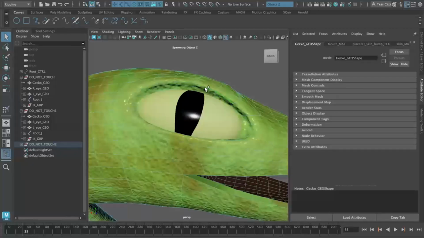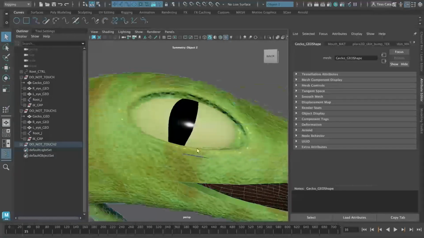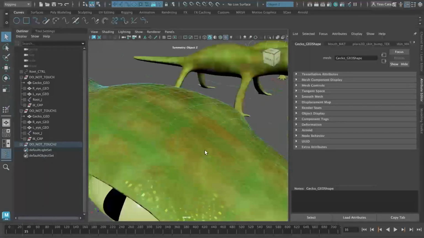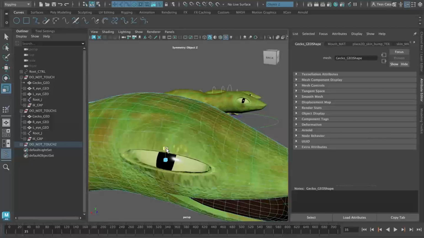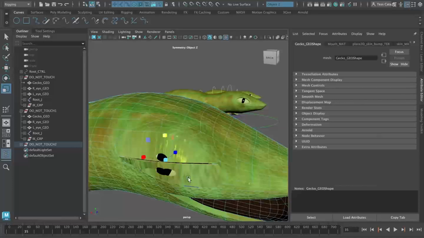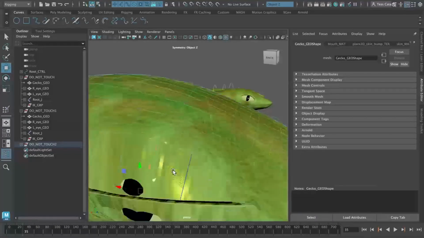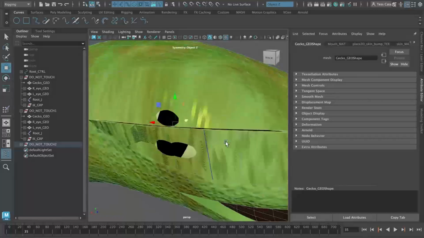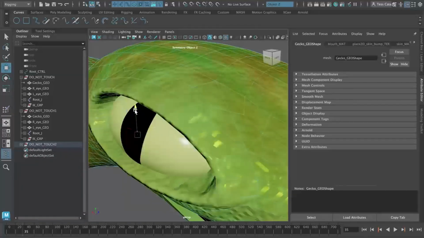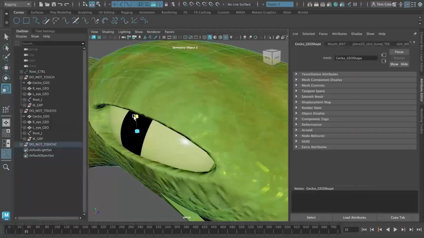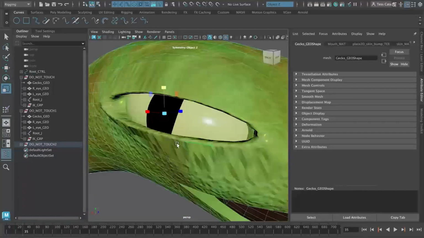So I'm working with both sides of this model at the same time to create a blink animation. So now what I'll do is I will reposition these vertices and make this eye blink. Let's see, something like that where it's totally closed. I'm going to move them maybe. Now I can see that some of these vertices are overlapping a little bit. And so maybe I will start to close this eye and then reposition some of the